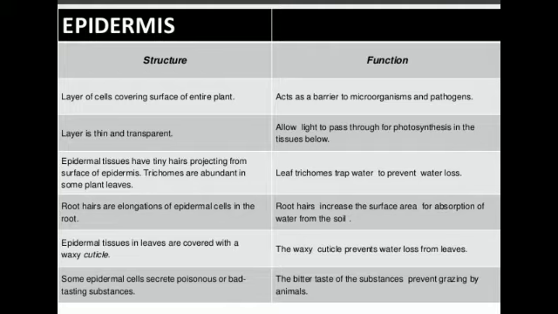Now, what is epidermis? See, epidermis tissue is the outermost layer of the plants, present on the entire outer surface of the plant. Okay, and it is made up of a single layer of cells. Epidermis is made up of a single layer of cells. See, on the aerial part, the epidermis secretes a waxy and water resistant layer. Now, what is the function of that? It helps in protection against the loss of water.